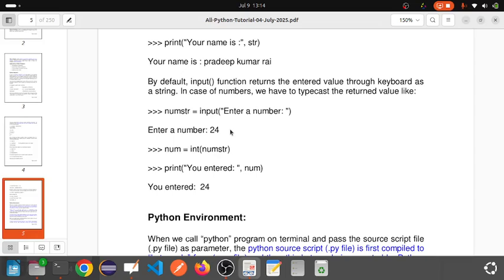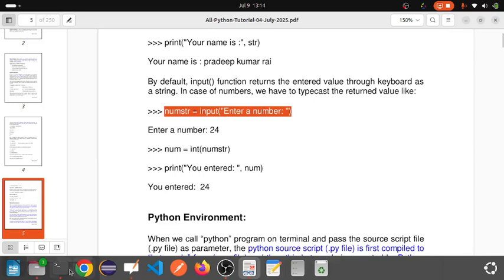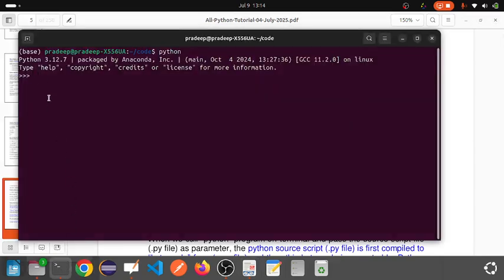By default, the input function takes input from the keyboard, the standard input. So we have to enter this command. Suppose we enter here this command. First we start the Python interpreter. I have started it already, and now I